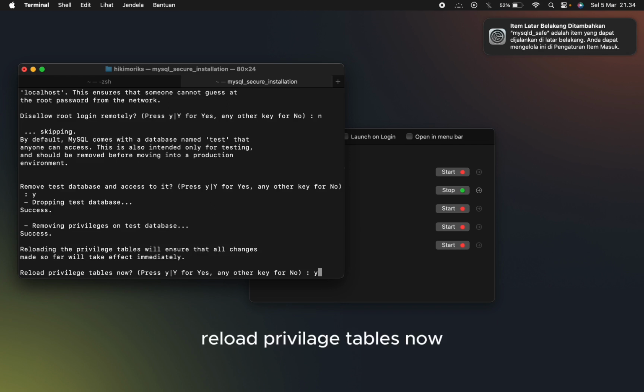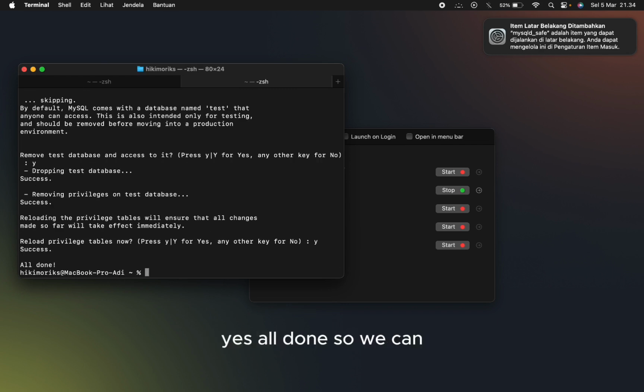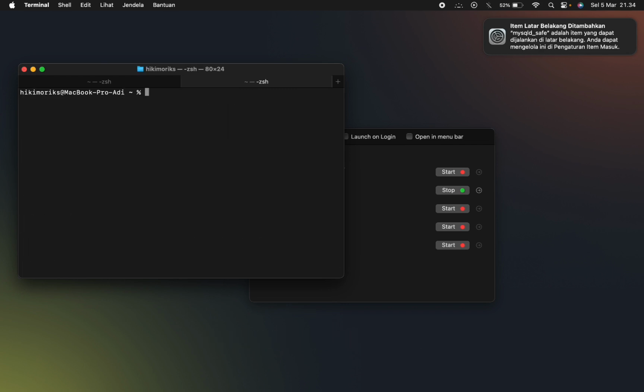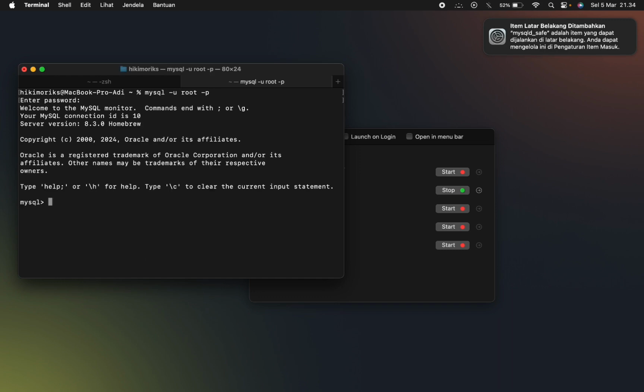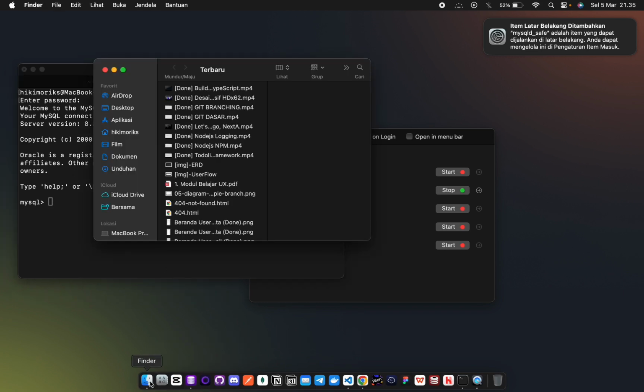Reload privilege tables now? Yes. All done. So we can check the new password. Okay, and I start using the server normally. This is the normal way.